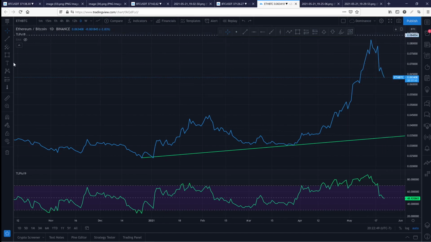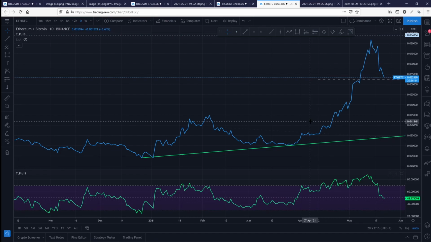So you can see also that we have a support line around there. You have a peak here that it broke above and is coming back down to test, which is also lining up with the midline of the RSI. So potentially we can have a bounce off of the midline of the RSI and a bounce off of this support here, or we could have a breakdown further from the support line and we'll be entering bearish territory on